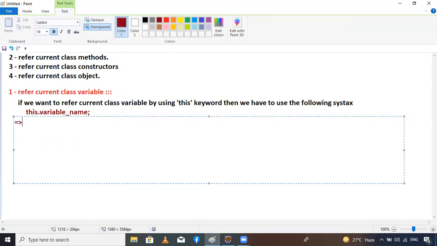Now the next point I am discussing is the meaning of referring to the current class object. I will give the theory first. In a Java application,